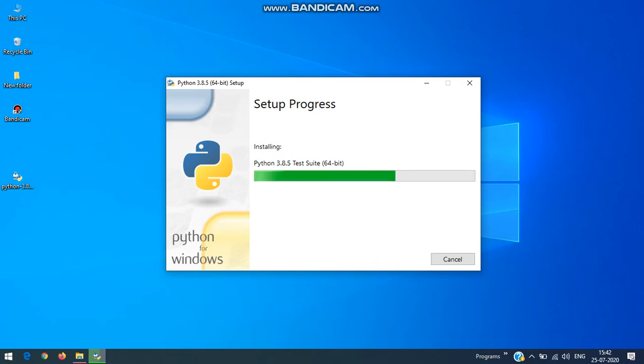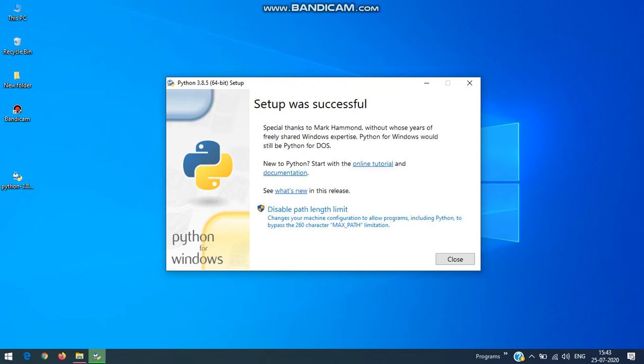Hence it is very easy to install Python. Now the Python setup was successful and it is installed properly.